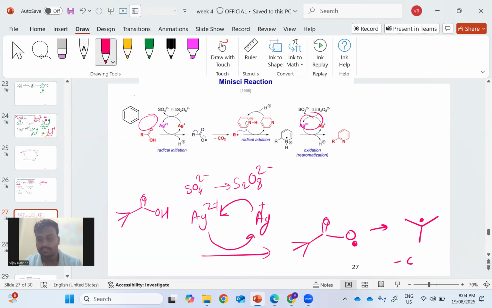Minus CO2 takes place. So the CO2 gets evolved and it forms a tert-butyl radical. This radical now reacts with such an aromatic system. So in this case, I'll just redraw the positioning of these bonds. So when it reacts with this starting material,